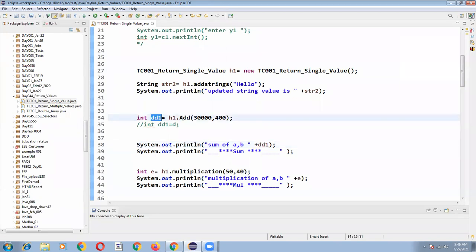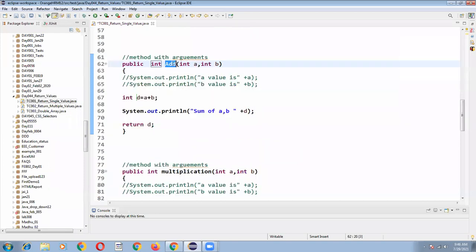Okay, let me explain one more time. There is a method, add method, that I have implemented at the bottom, public integer add, integer a comma integer b. So the 30,000 value is coming and the 400 value is coming, and I'm calculating the sum of these two values and storing it into my variable. And finally I'm writing return d. So this value is returned back to my main program.